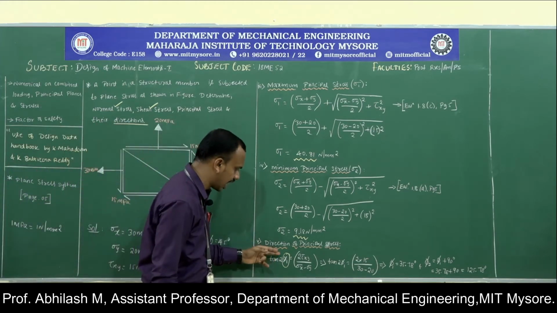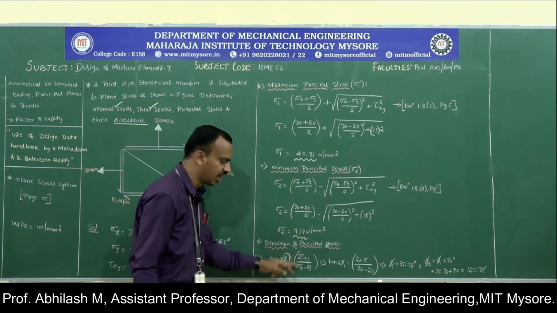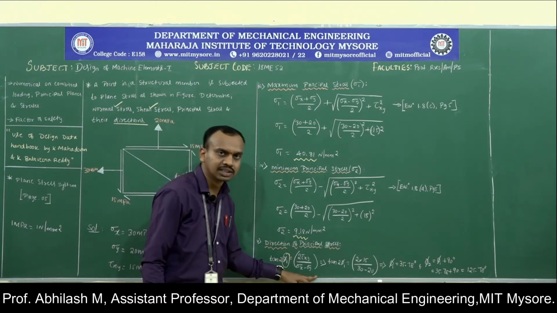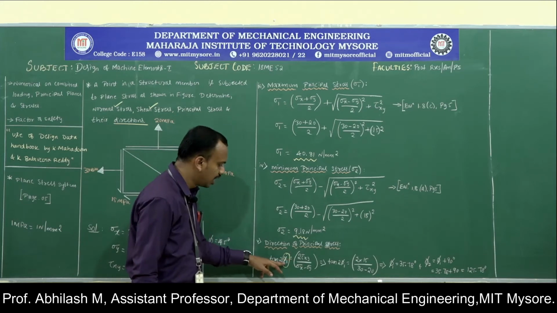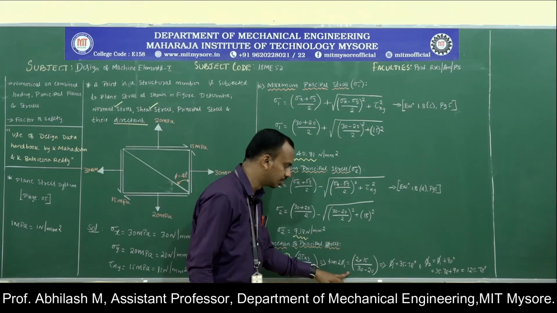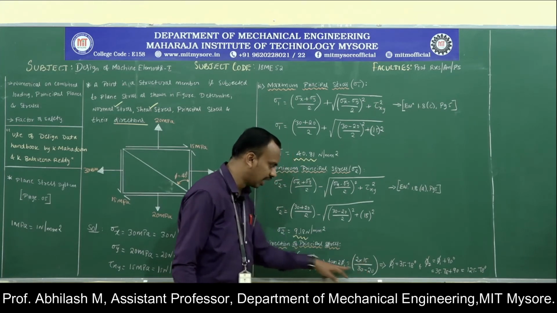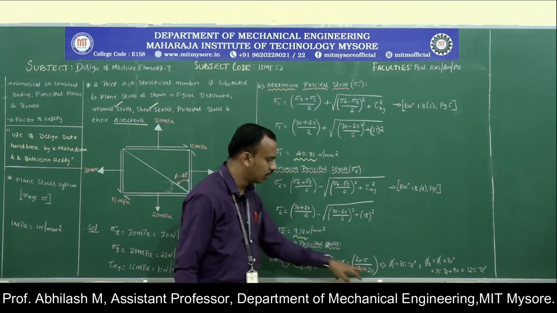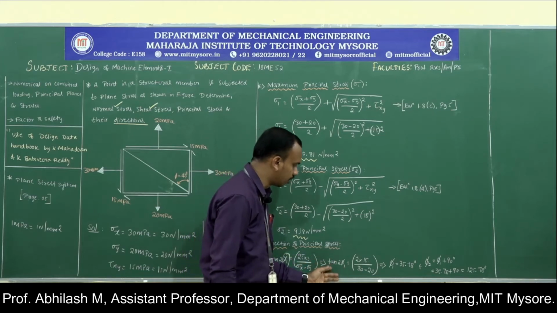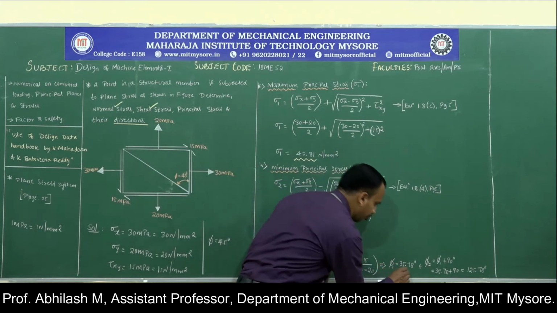So, now coming to the calculation of the direction of principal stresses, we have tan 2 phi 1 is equal to 2 tau xy divided by sigma x minus sigma y. We are supposed to calculate the value of phi 1. So, tan 2 phi 1 is equal to 2 into tau xy, which we know to be 15, and sigma x is 30, sigma y is 20. What I want is phi 1. Just take the tan inverse and then divide it by 2. We are going to obtain the value of phi 1 to be